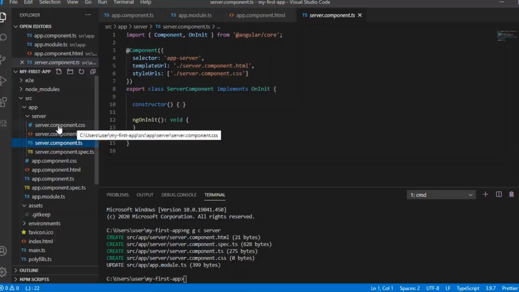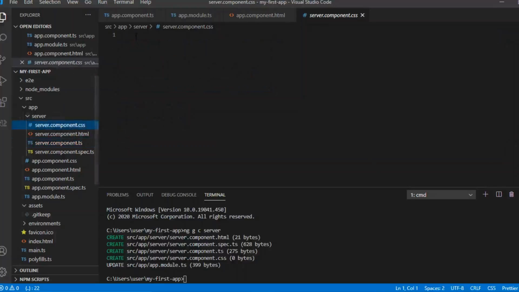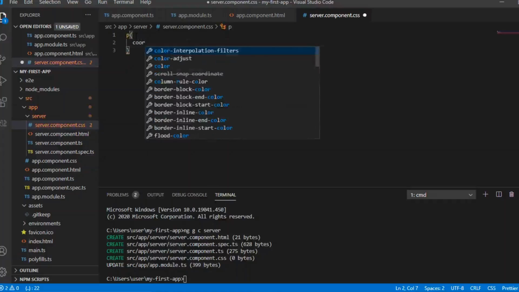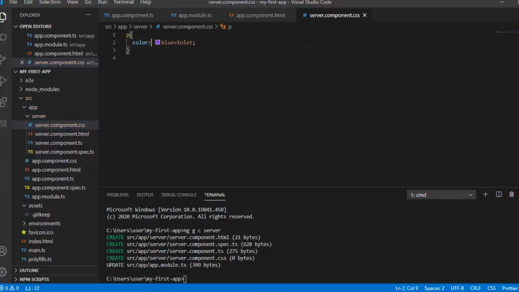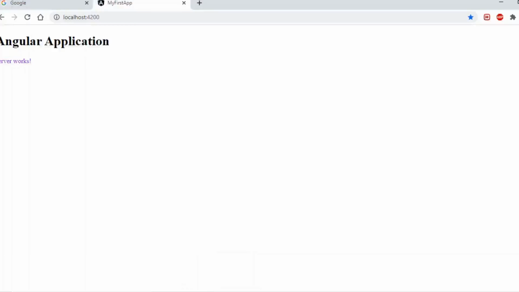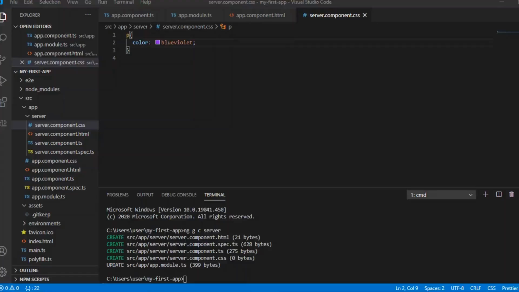For example, if you go to CSS and for the paragraph tag I give a color, save it and go to the browser now, the color has changed. So if you want to change the style of the content, you should do it in the CSS file, and if you want to give the content, you should give it in the HTML file.